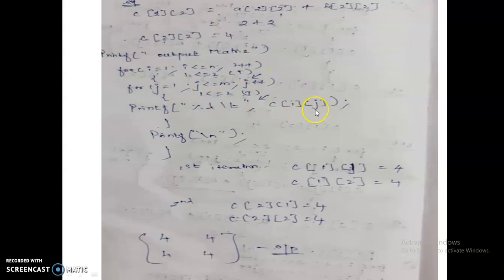Here, for the value of C i j, i is 1, j is 1. So the value C i j, 4, is placed in the first column. Like that all the data are printed. Here I use the \t to give a space between the first value and the second value. And here the printf with the new line operator is used to print the second row. This is the first row, this is the second row. So I mentioned this printf here, so only this type of matrix format will be displayed.